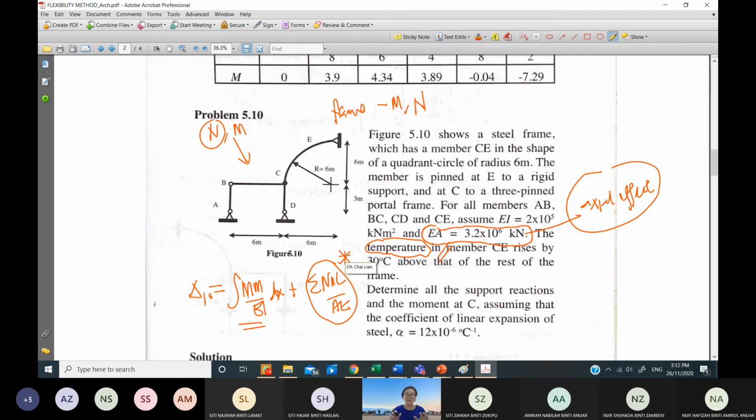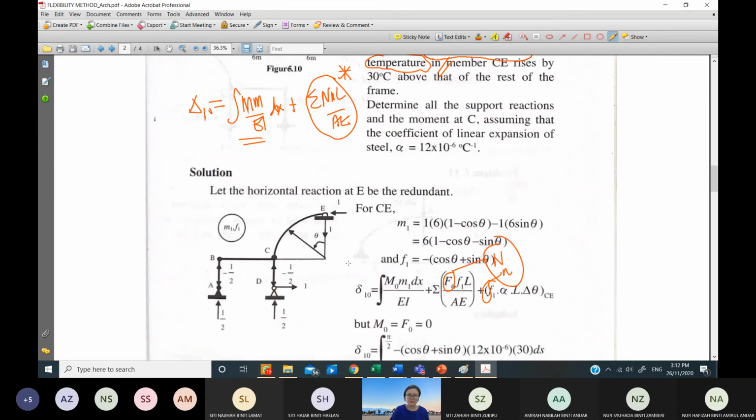Okay, so these are something that I would like to highlight here. Therefore, when you read this problem, you don't get shocked, because they have considered both the bending and also the axial effect, and they need to determine the axial force for this frame. Okay, if I scroll down,